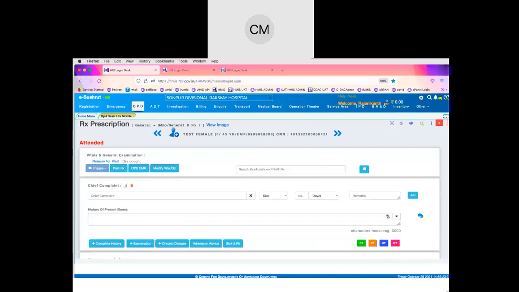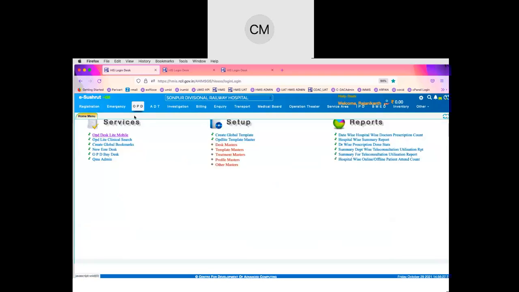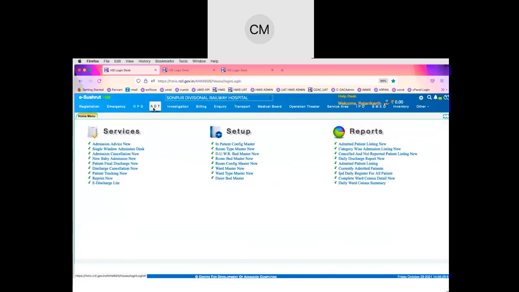Yeah, the EMR. So after this process, the request or advice of the doctor for the admission will get reflected in the ADT module, which the nurse can see. So the nurse has to click on the single window admission desk.